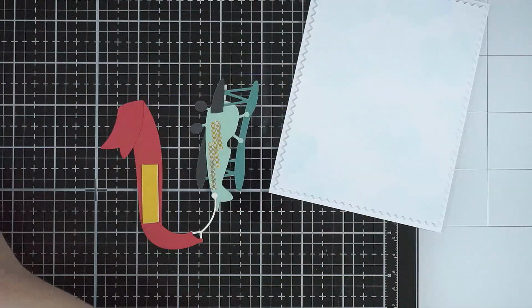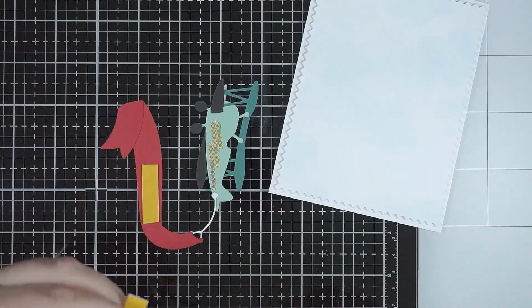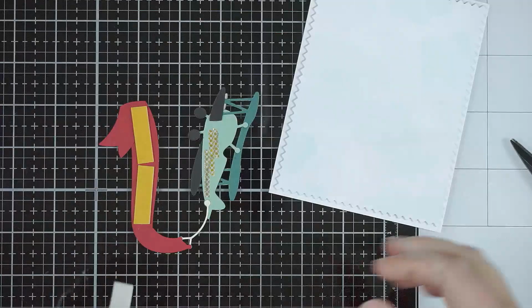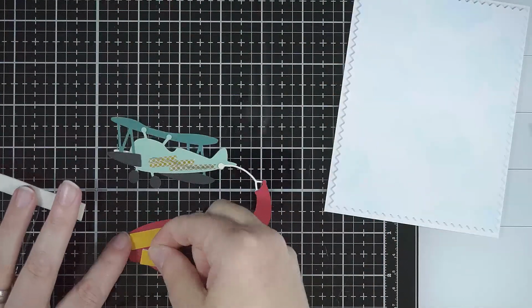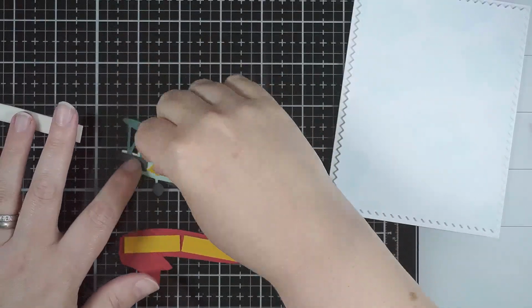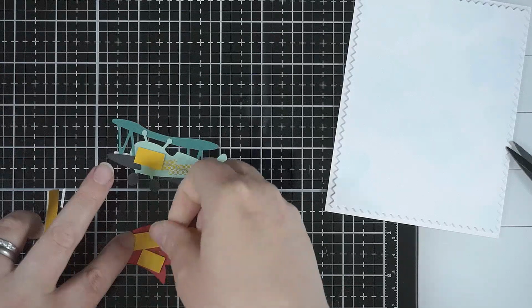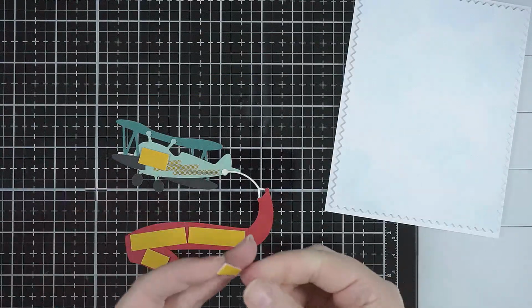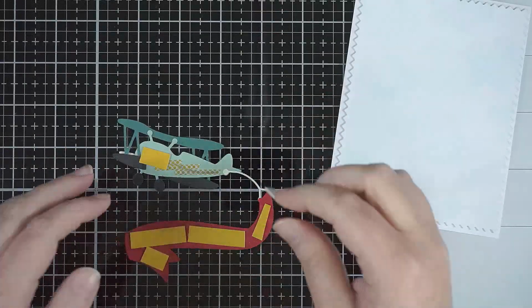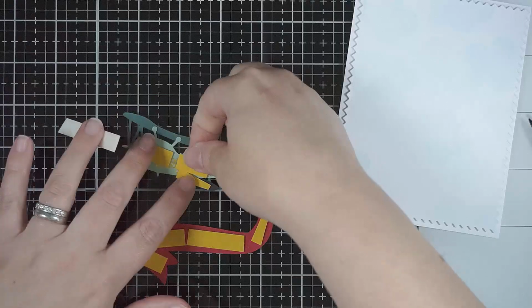So for my little banner and the aeroplane, which by the way took me a good chunk of time to put together, I found it quite difficult to put together. That's not to say that it's not simple once you know how, but there are a lot of pieces, and I think Spellbinders now are